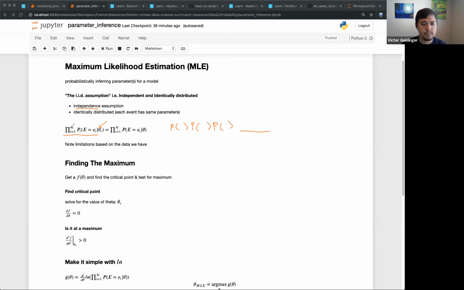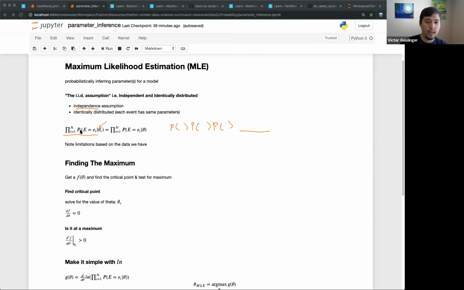This symbol right here is actually a capital pi. Usually we talk about lowercase pi like this, but this is a capital pi. This thing is basically like a summation, but instead of adding, it's the product. It's saying just multiply all these parts together, okay? And again, like a summation, it goes from i starting at 1, so event number 1, and counts up to n events. So if we had 4 coin flips or 10 coin flips, that n would be 10, okay?